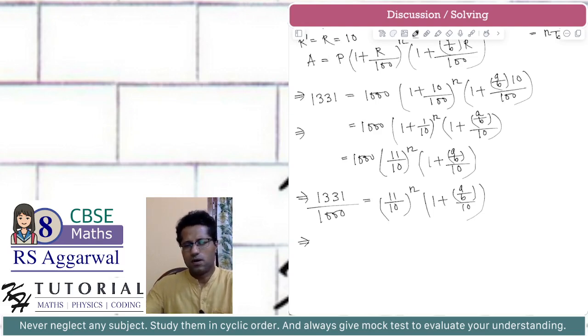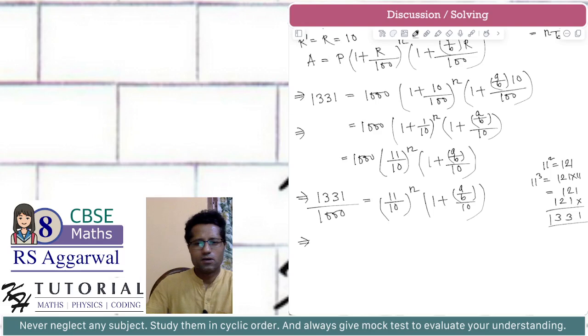So 11 square is equal to 121, and 11 cube is equal to 121 multiplied by 11, which is 1331. So this implies 11 by 10 cube